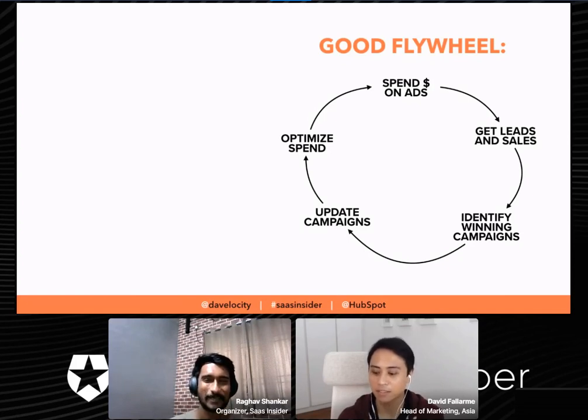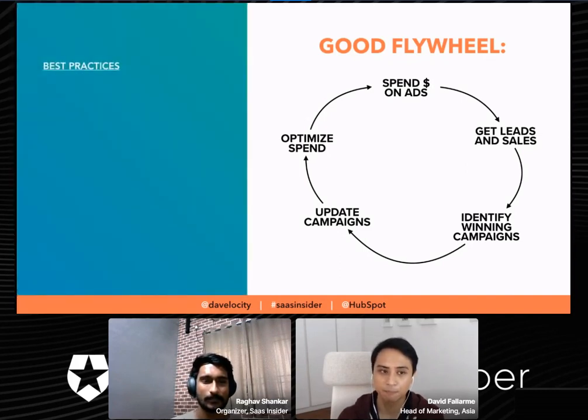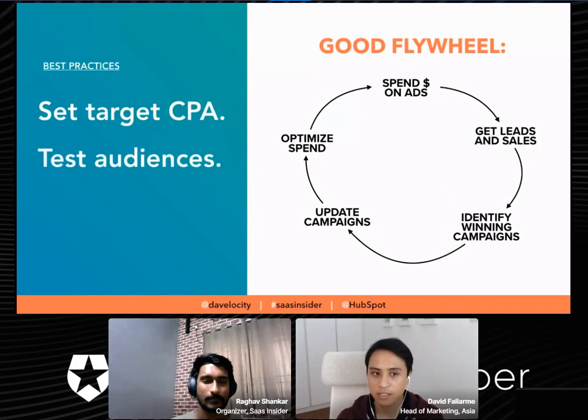It's a very, very big difference when you see a company with a good flywheel because it's much more measured and much more quantified, right? So the keys here: set a target cost per acquisition, test a lot of different audiences and optimize your ads. Okay, one quick thing about how we do this at HubSpot, and you don't have to do it this way